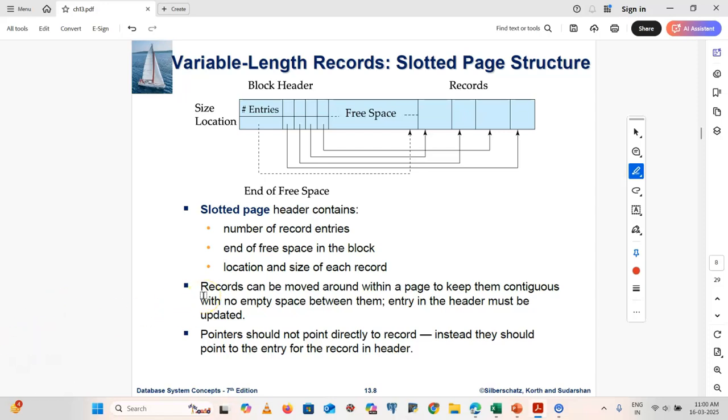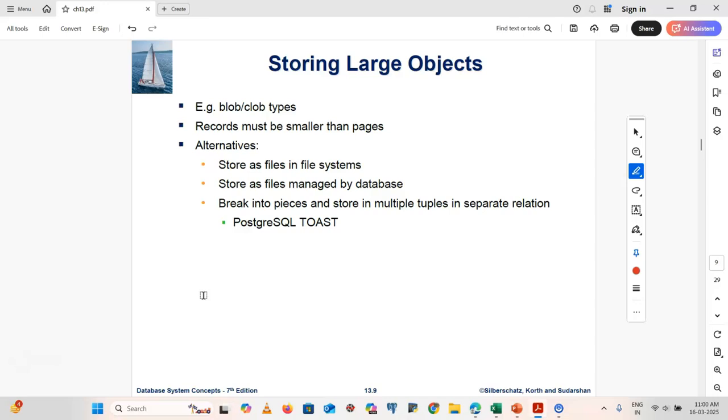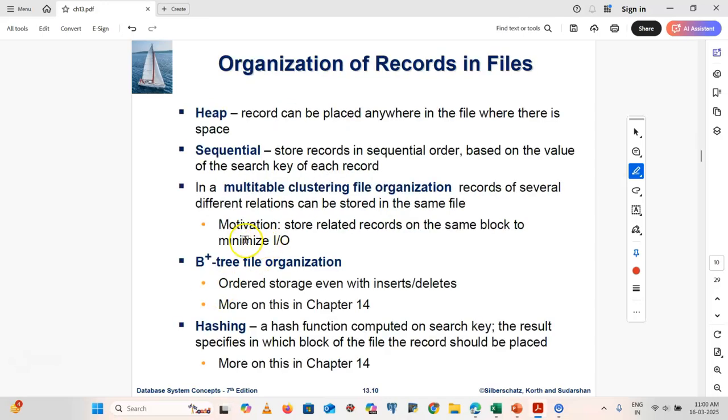So after that, we'll try to see some kind of file organization. Up to this particular point, we were seeing how data will be stored into your file system. Now there is an option we have. We'll try